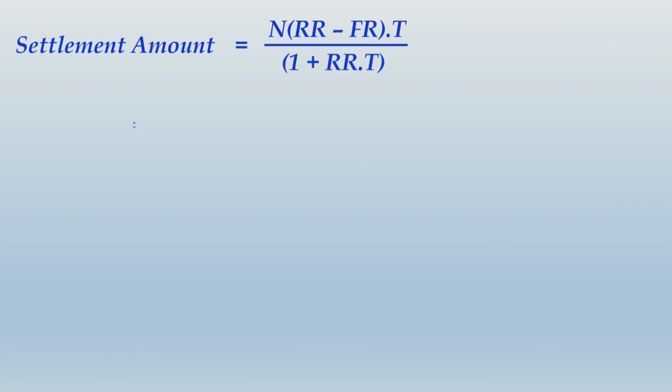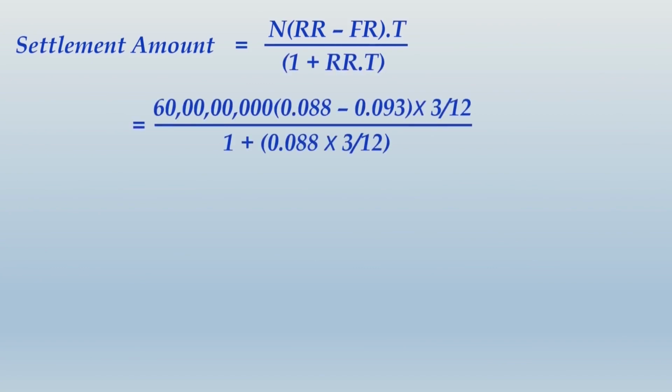Now let us move to the second case where the settlement amount formula remains the same. You just have to now substitute the different values. Basically only one value is changing, the reference rate. Other things remain same in the question, and this time it is a case of loss, and the amount of loss is rupees 7,33,855. Let us move ahead and take up one more question of this type.